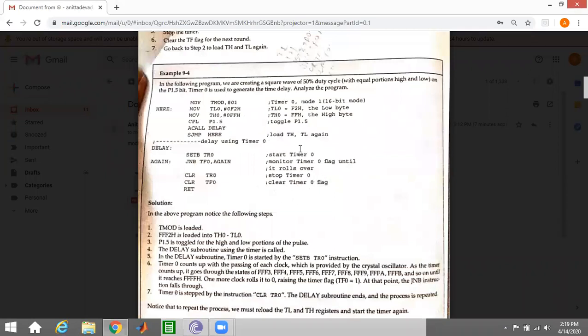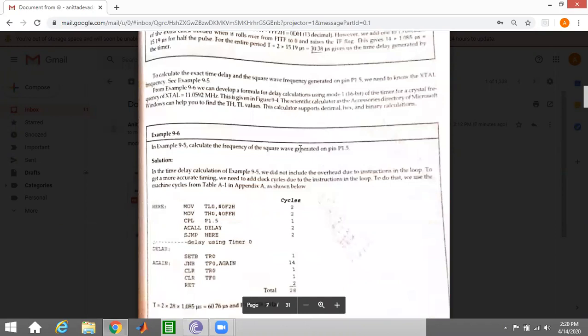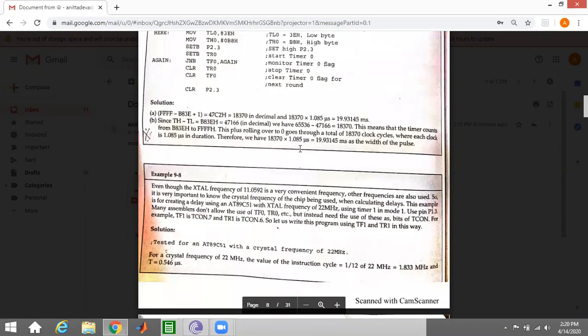In timers, 1 or 2 programs were pending. Yesterday we didn't see that. You just go through the programs, and if you have any doubts, ask me and I'll explain that part. It is very difficult to explain each and every program, so I'll explain a few programs of each topic, and the remaining programs you go through and ask if you have any doubts. Yesterday's topic, the last few programs I have not explained, you go through and ask me if you have doubts.